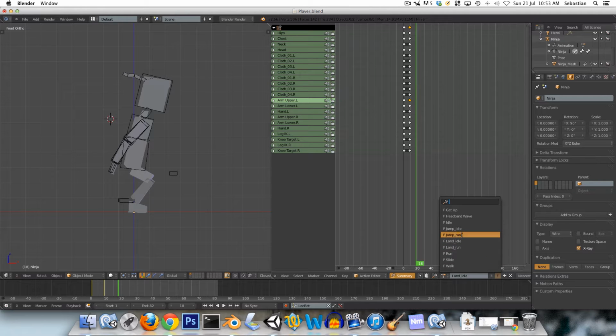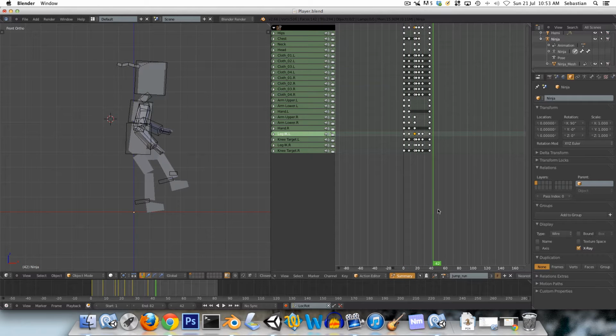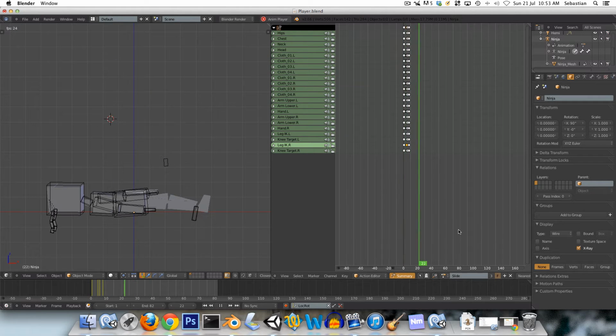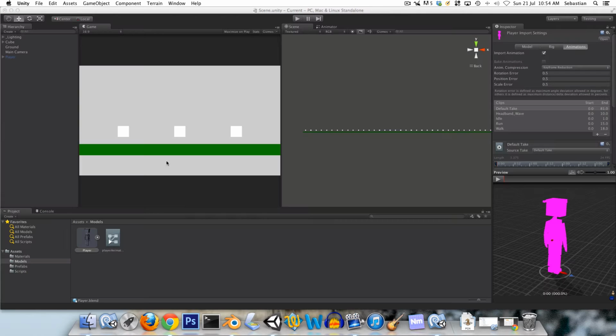Then there's the jump run, which is just jumping from a running position, like so, and once again it ends, it is about to contact with the ground. And we have the land run over here, and that's just like that. And then the last two are the slide, so that's just going down, and the get up animation from the slide, just like so. So once you've imported or created those animations, save your file, and